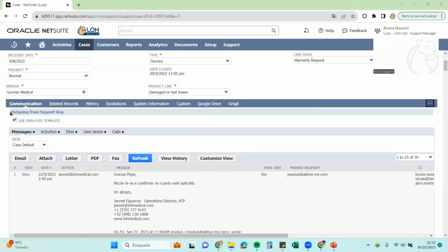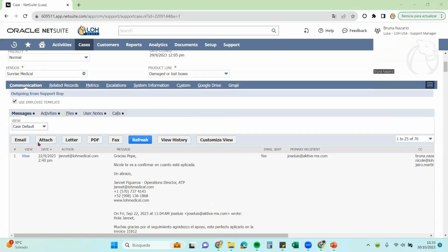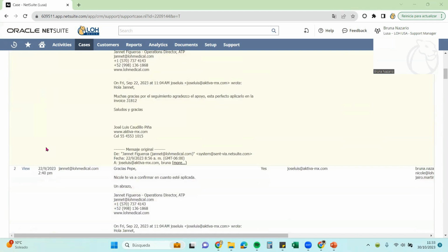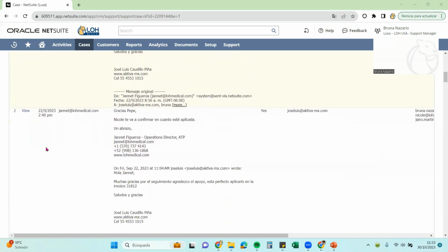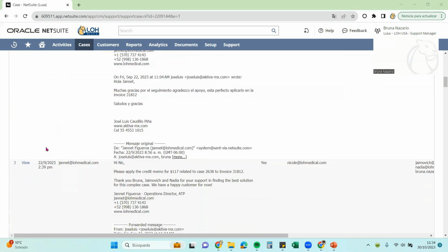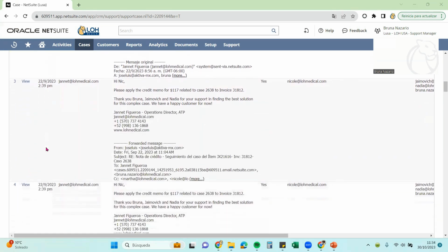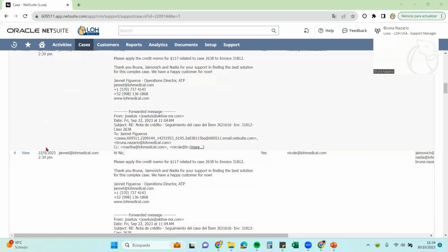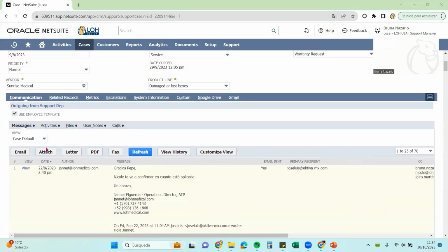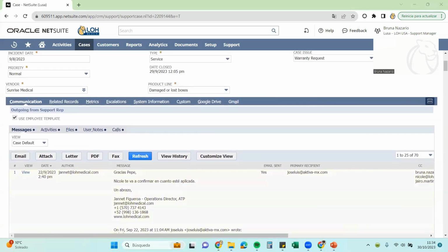In the communication section, you will find all the information that supports the selections made above. They are also divided by topic. In Message, you will find the emails related to this case. That means any email that the sales representative had with their client, as well as the communication that customer service had with the client, would be saved right here through Celigo. You can find this extension by Celigo in your Google email.